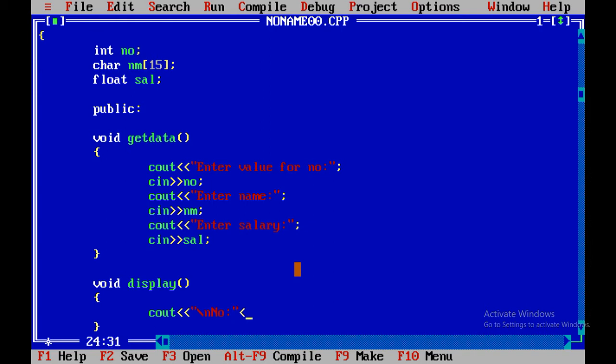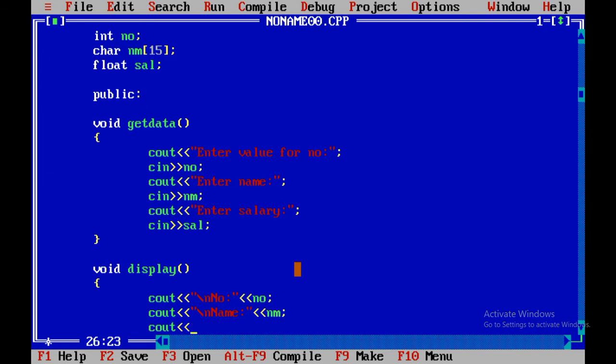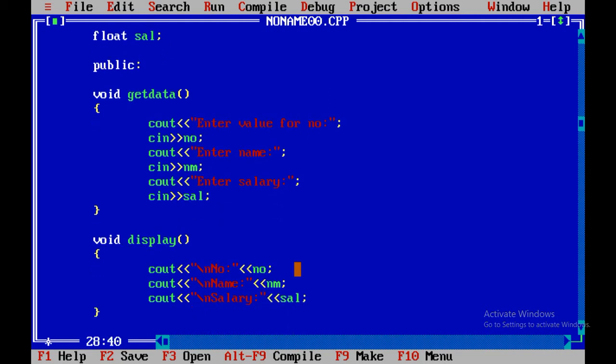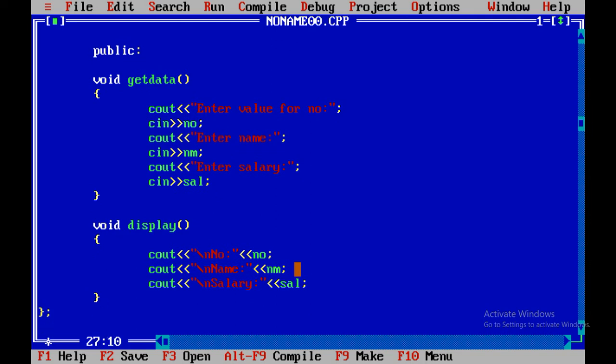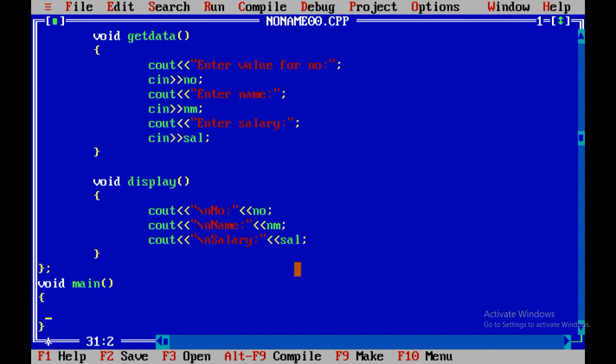Cout number variable, cout \n, name, nm variable, cout \n, salary variable. Now we are going to write the body of void main, clrscr and getch.